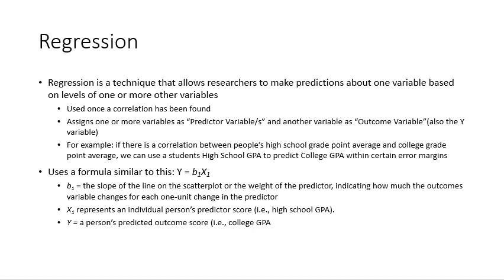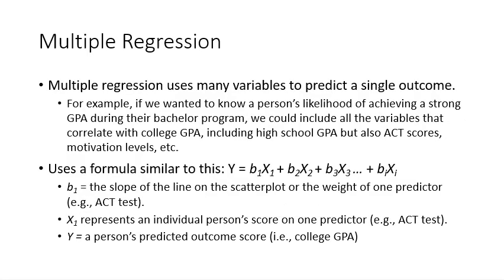Now we're forgetting an error term here because this is going to be very imperfect, and that's also part of the formula, but this is a simple way of looking at it. So that was regression using just one predictor, but we also have multiple regression, using many variables to predict